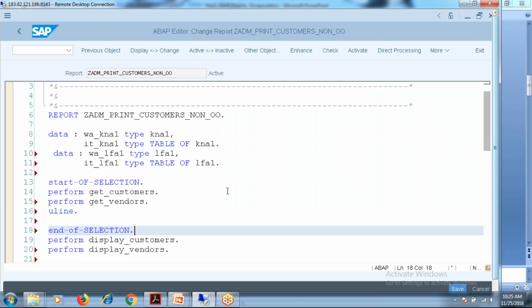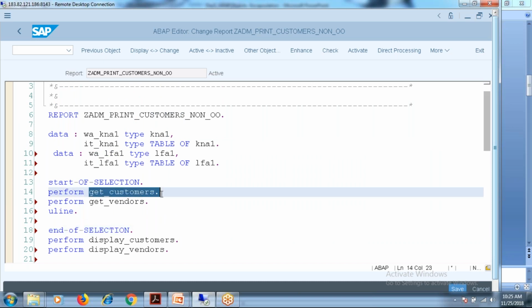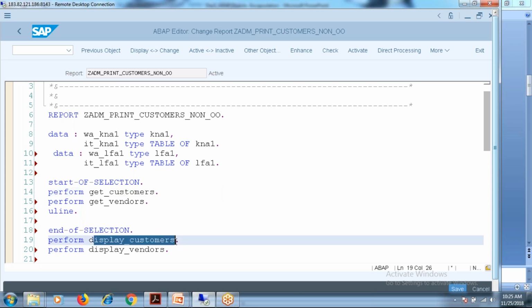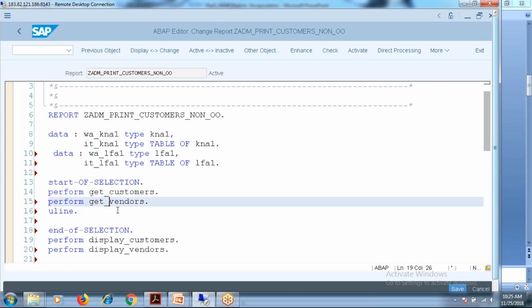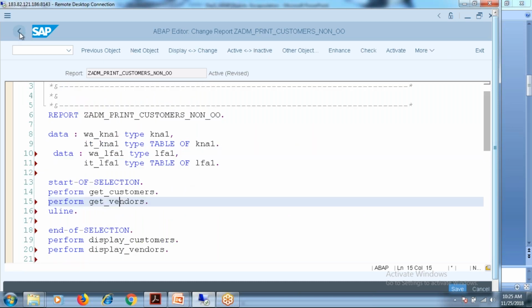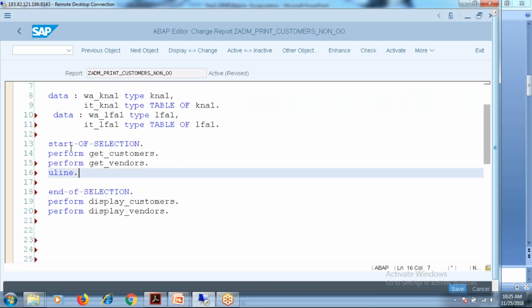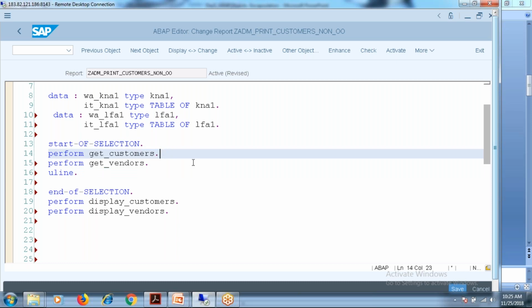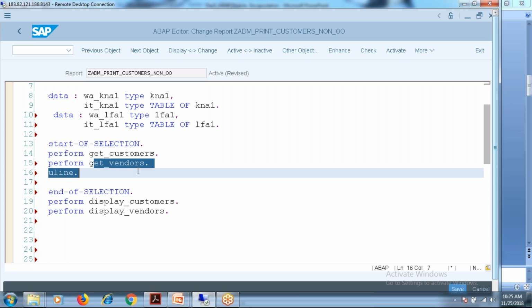Now what I'm saying, there is no security for your data in the non-object oriented as of now, because here I am getting the customers where my internal table is filled. In the get vendors, that means before you display the customers, I can go to vendors, I can simply refresh the KNA1. So before we try to use the data, a function related to vendor is simply damaging my data, simply refreshing my data. So whatever effort I did here is of no use. Now you get the data, and someone in the program, what we call another object, is simply accessing it. Just because both are in the same program,